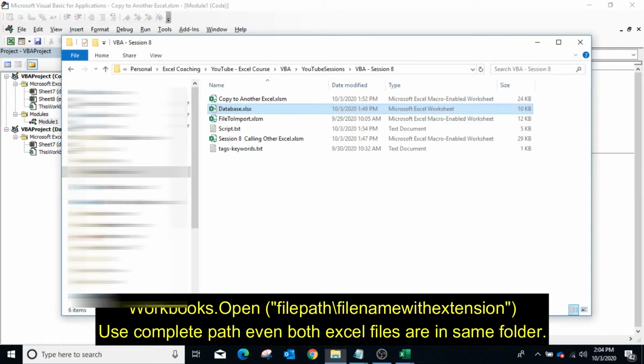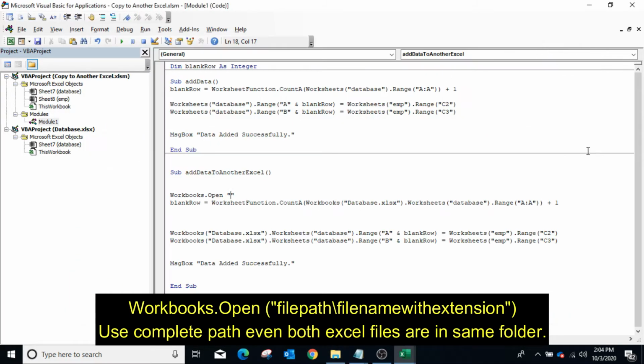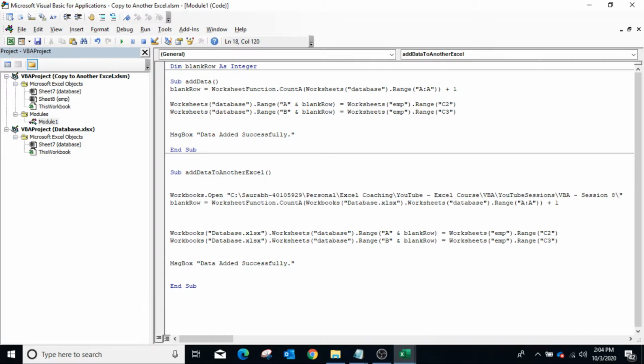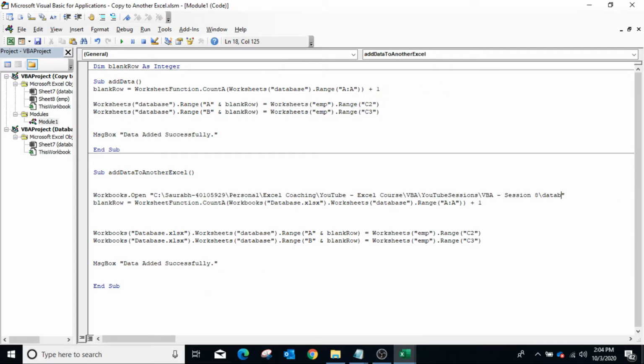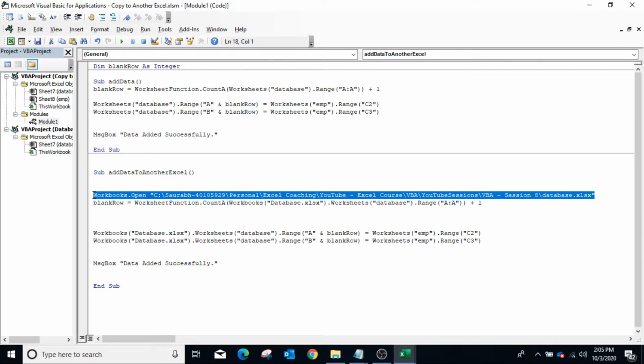So in the folder structure, copy the path, specify the name of the file, which is database.xlsx. Now this line will open the database.xlsx file, and after opening it will identify the next available blank row